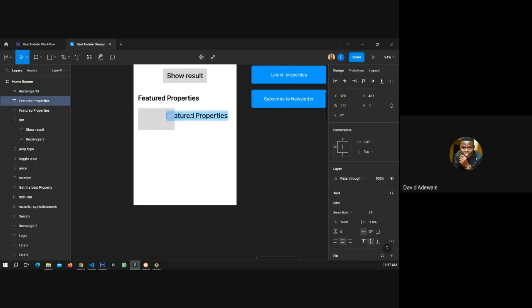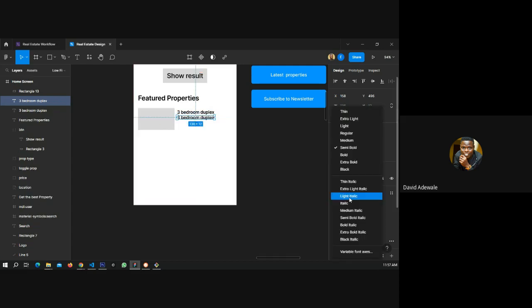Let's have 3-bedroom duplex, and reduce this to like 16, and then what else? Location.